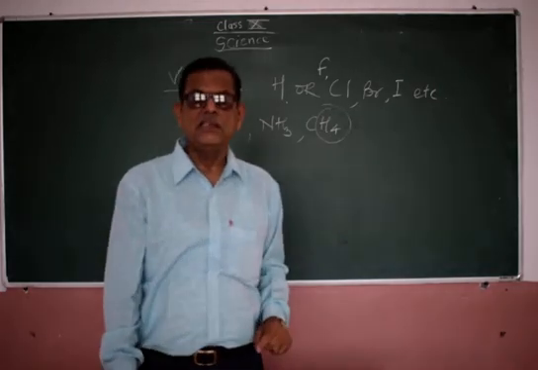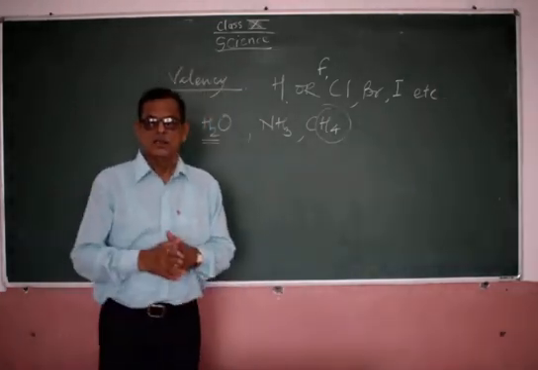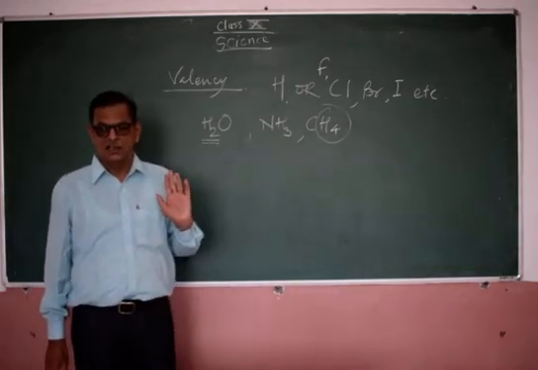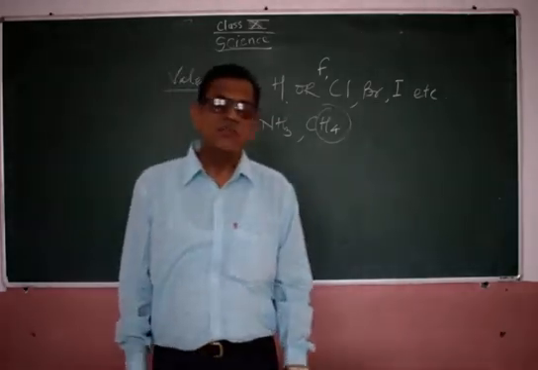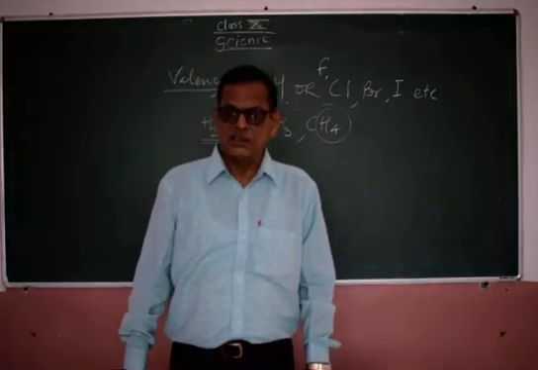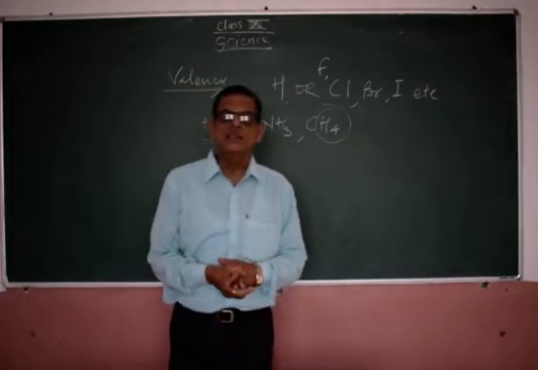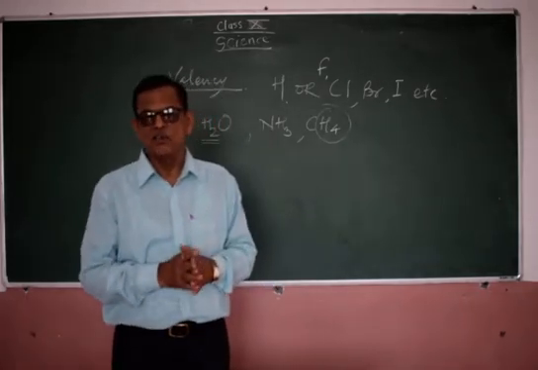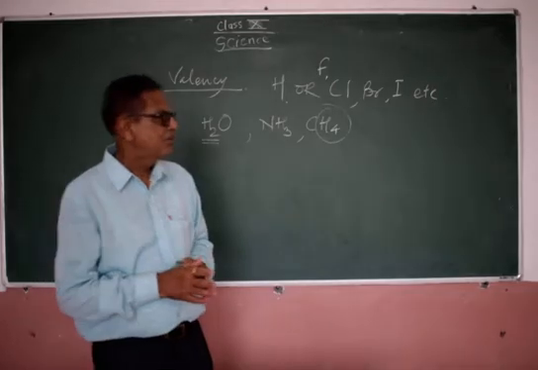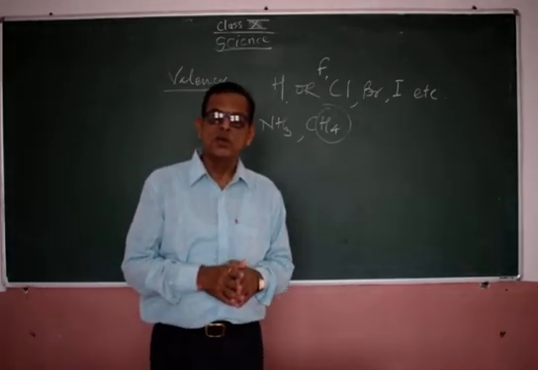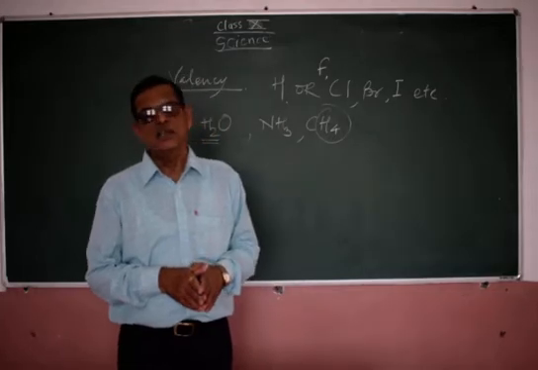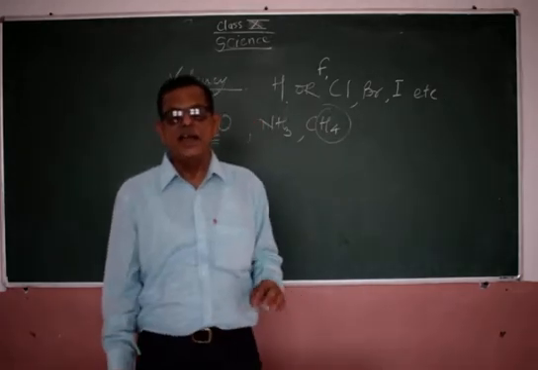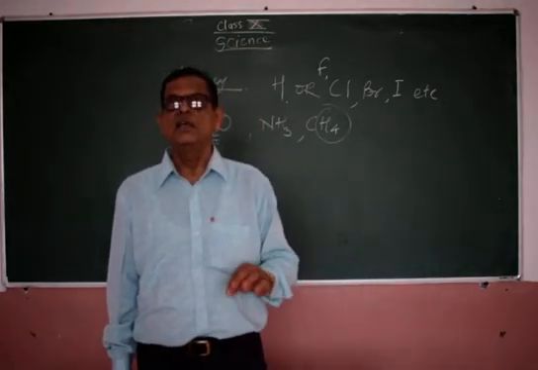Now you know, the valency of an element is variable. That means one and the same element may show different valencies. There are various definitions of valency. Valency is also defined as the number of electrons present in the outermost shell of an element. Similarly, valency can be defined as the number of unpaired electrons present in the outermost shell. It can also be defined as 8 minus the number of electrons present in the outermost shell.